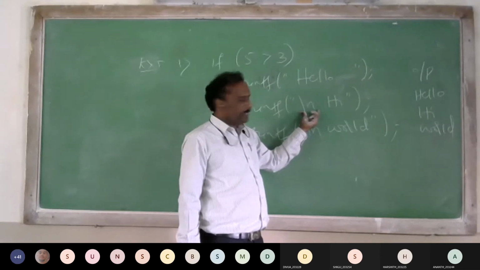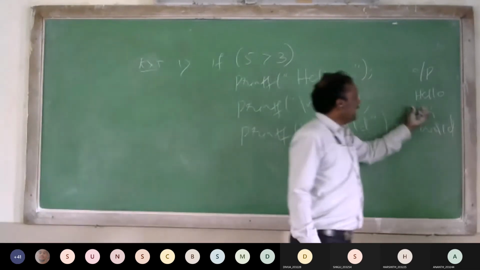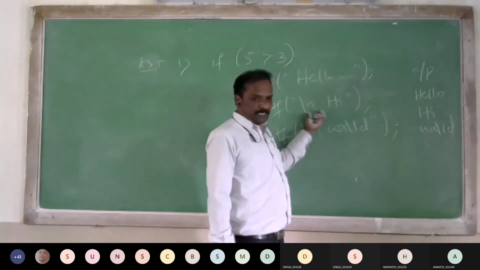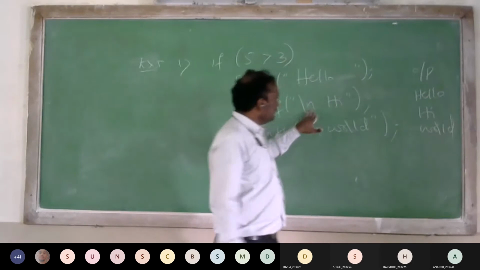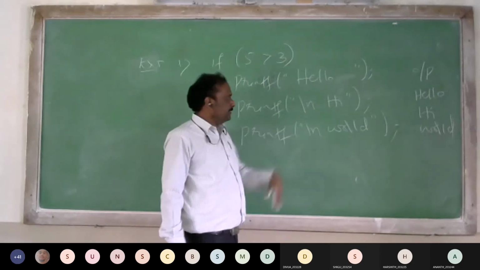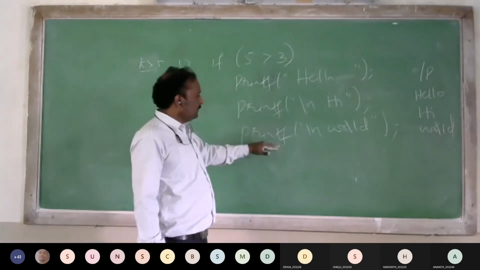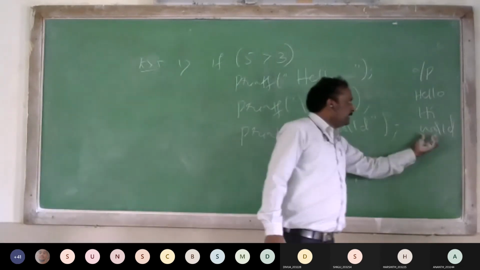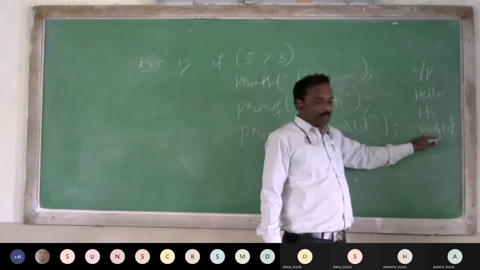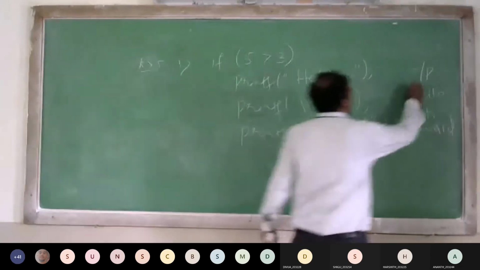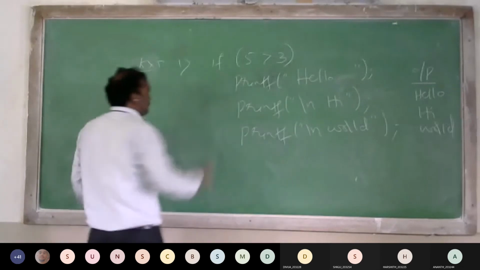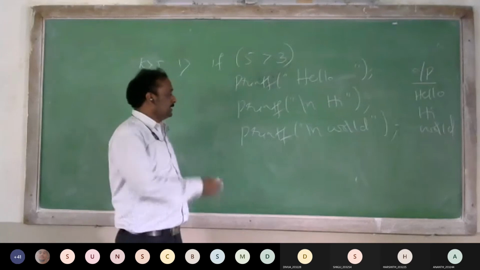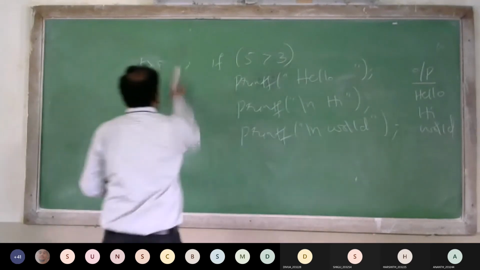Otherwise, if you have not written \n, then hi will be printed beside hello. To see the output clearly on the output screen, we are using \n. After statement 2, it will execute statement 3, which is world. Again I used \n, so world will be printed in the next line after hi. This is the output of this if statement. So if the condition is true, statement 1 is executed and all the remaining statements are executed. Now, another example. Second example.